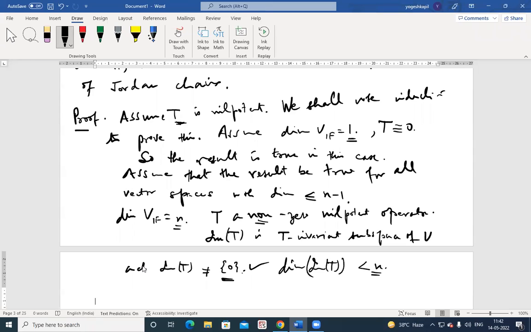And therefore, by induction hypothesis, one more thing, but what I want to say, this is a T invariant subspace. So I can have an induced operator T dash. Therefore, by induction hypothesis, T dash, which is an induced operator,